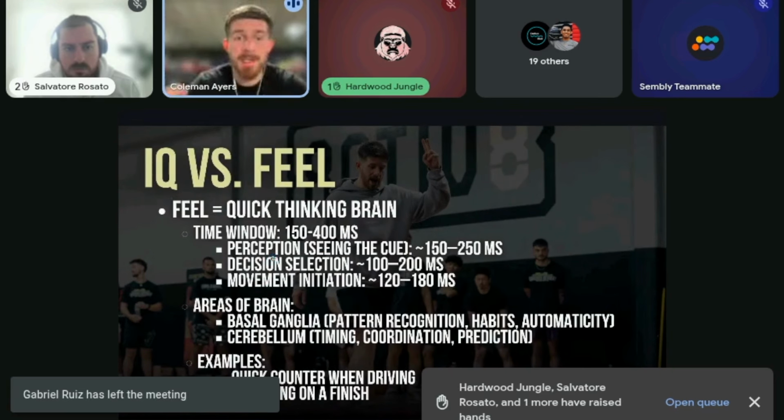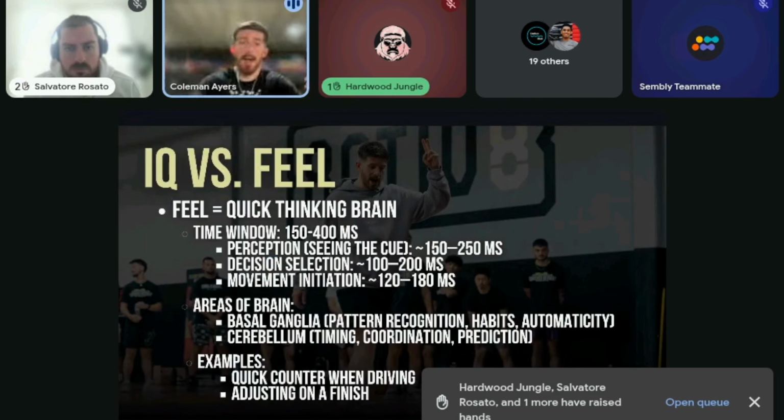It's just not possible, right? So instead of relying on consciousness, which this would do, we are relying on more instincts, right? More instinctual decision making, which is going to engage the following areas of the brain that I know you guys probably don't care about, but basal ganglia and cerebellum, which are way more responsible for automaticity and recognizing patterns and then quickly coordinating things that cannot happen in this window of time, right?